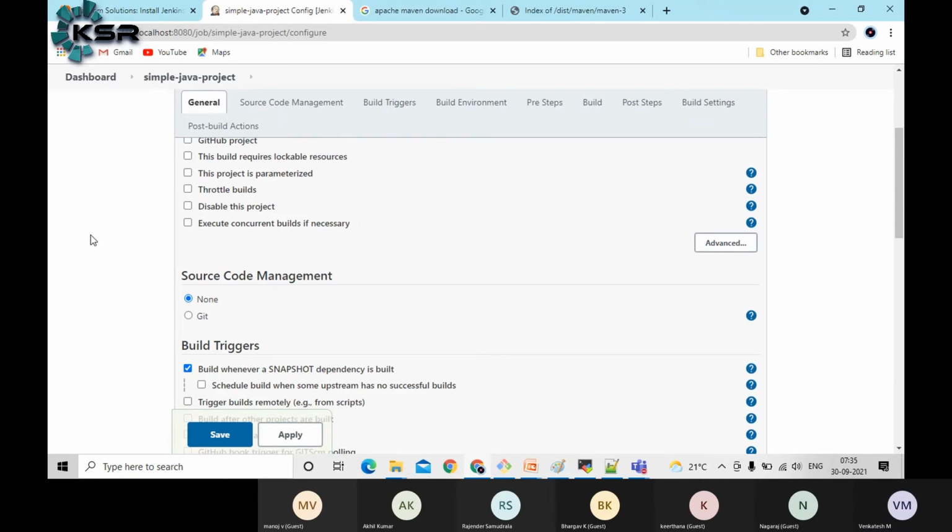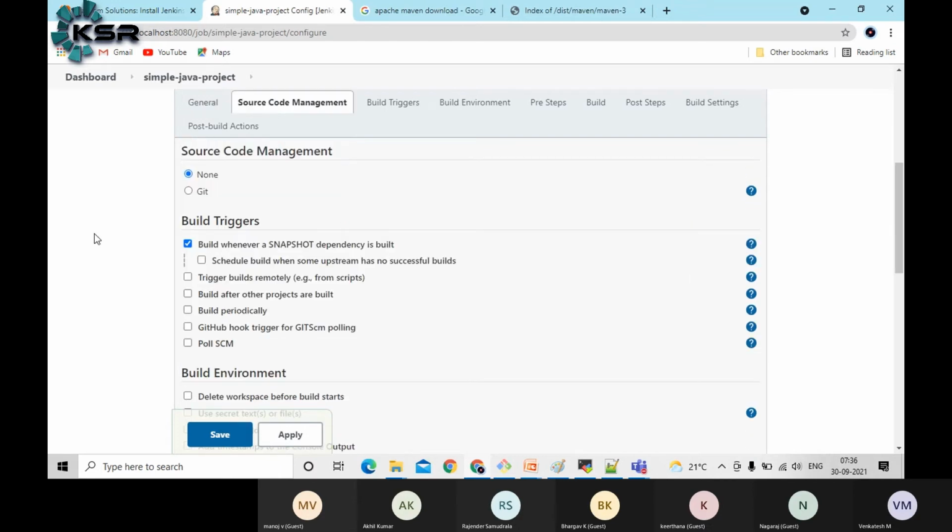What we are going to create, and we are not getting what exactly the overview of Jenkins. That part, once I start creating jobs, you will understand. Don't worry. As of now, I'm just walking you through the tool. What does it do? What kind of features will be there?